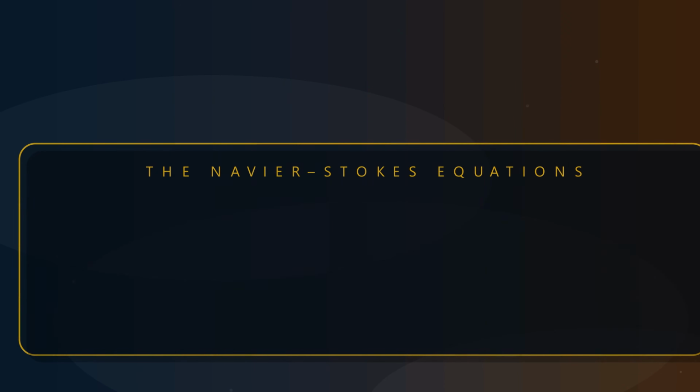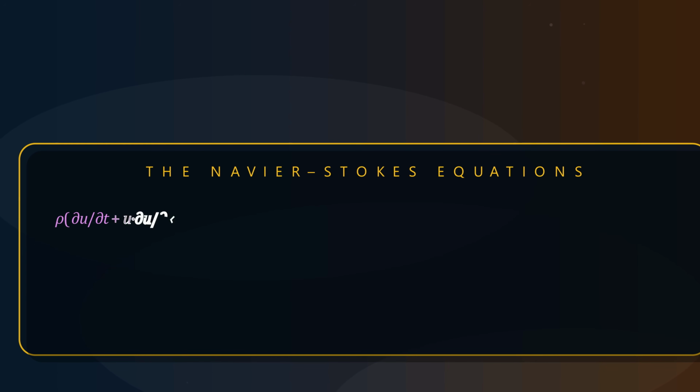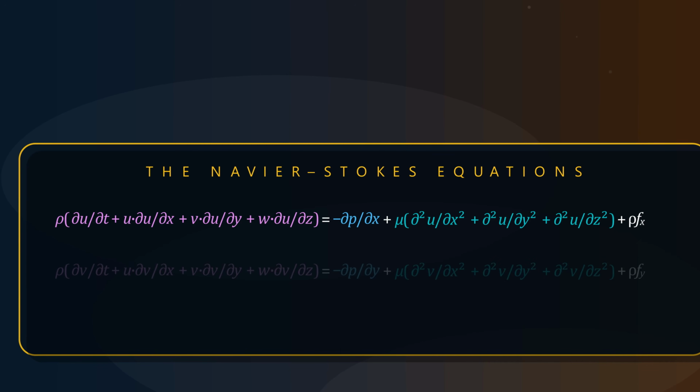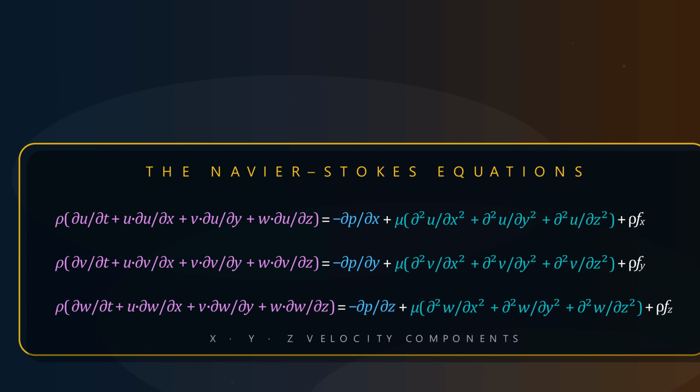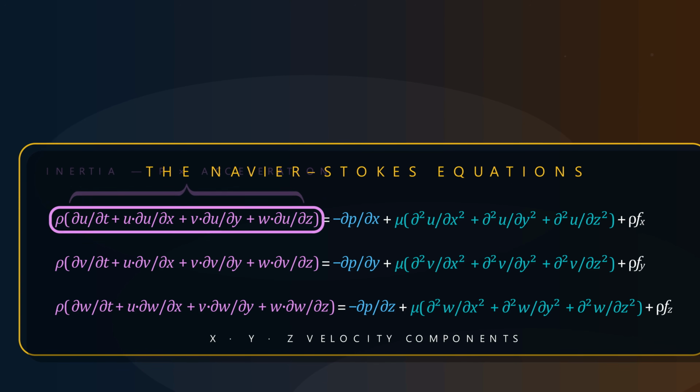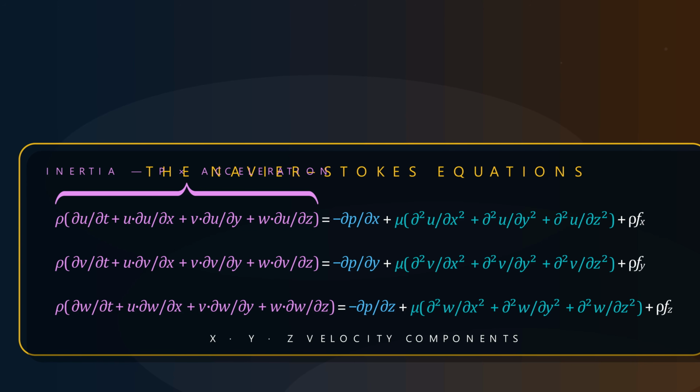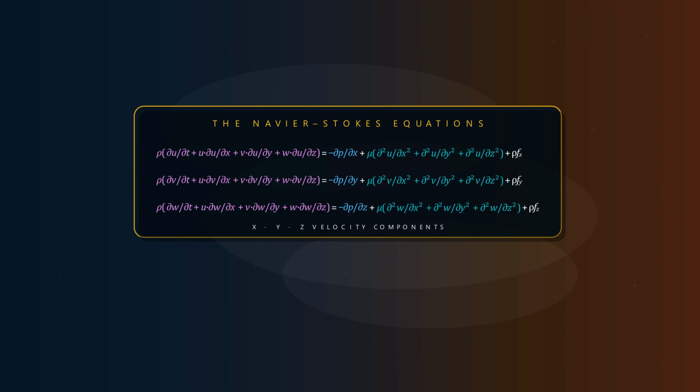To put our work in context with the full scope of applied mathematics, let's look briefly at the Navier-Stokes equations, the governing equations of fluid dynamics. These 3 vector equations describe how the velocity field of a fluid evolves in space and time. They contain both partial derivatives with respect to position and time. On the left, the inertial terms, density ρ times the material acceleration of the fluid. On the right, the negative pressure gradient, the viscous stress terms involving second derivatives of velocity, and the body force